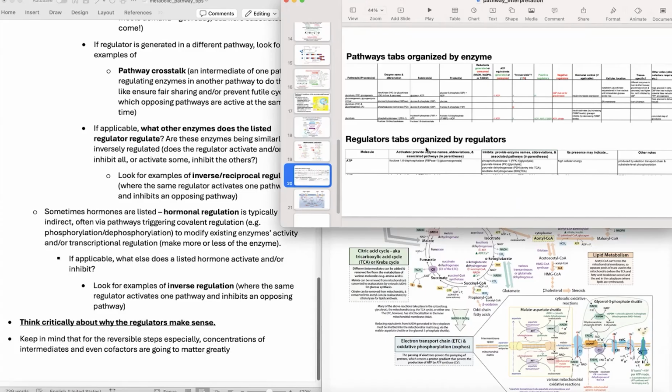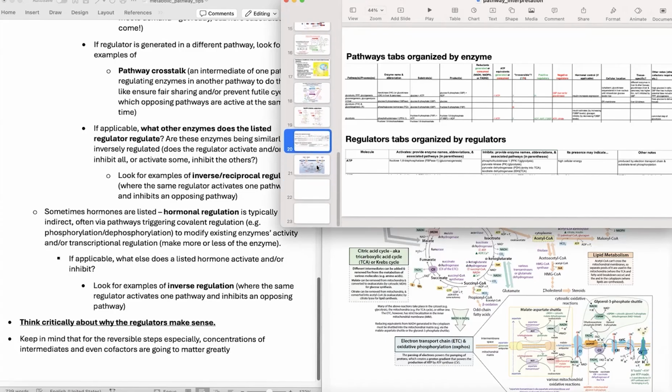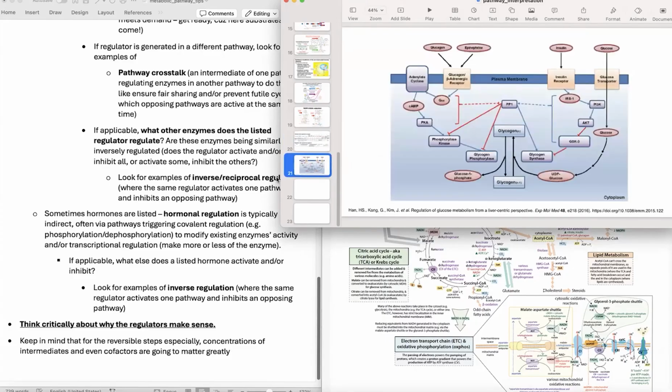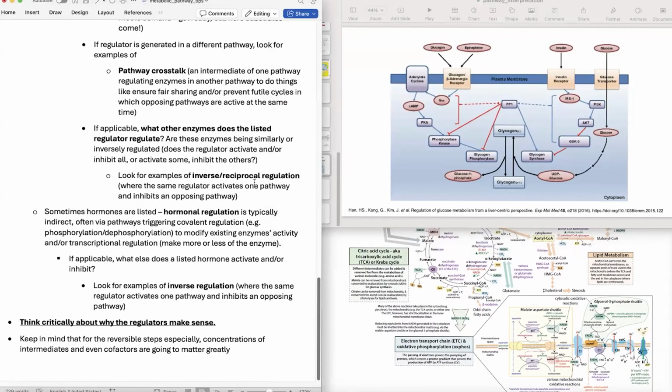And this is going to help you draw connections as well as see how a change in the concentration of one of these things can alter all of these different pathways and all these different enzymes. Think about what those enzymes have in common, what they have in different, and that sort of thing. So those are for allosteric regulators, but we also have hormonal regulation. And so hormonal regulation is often going to be acting through covalent regulation, so where you're actually making covalent changes